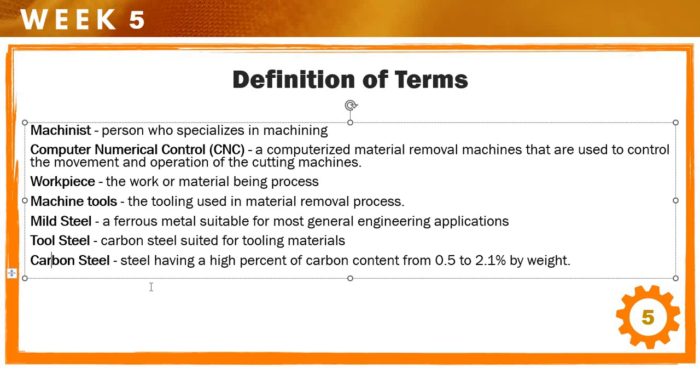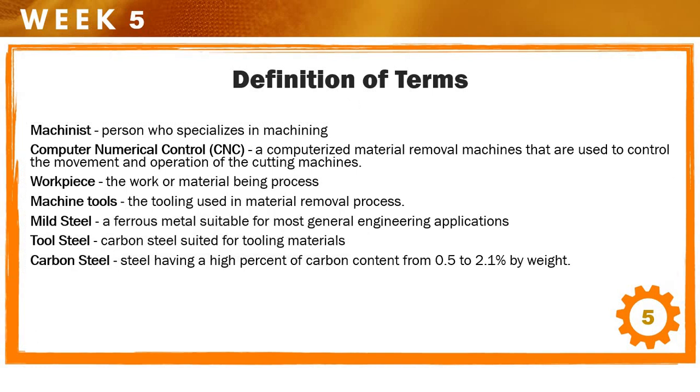Then next is the carbon steel, still having a higher percent of carbon content, from 0.5 to 2.1% by weight. So it is much harder than the tool steel. Okay. So this is the most commonly used tool in machining. Then next is